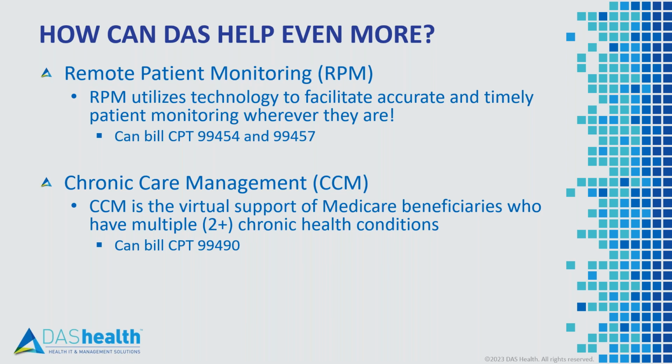And then each month we provide a list of patients and what you can bill for them. So we track what criteria they met to make sure you're safe for an audit and what you're allowed to bill. So again, all about increasing your reimbursement and providing better care, help you meet MIPS criteria, help you improve